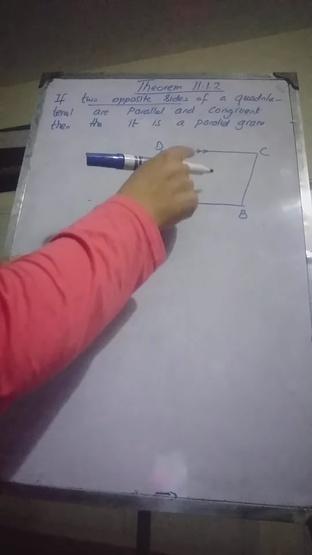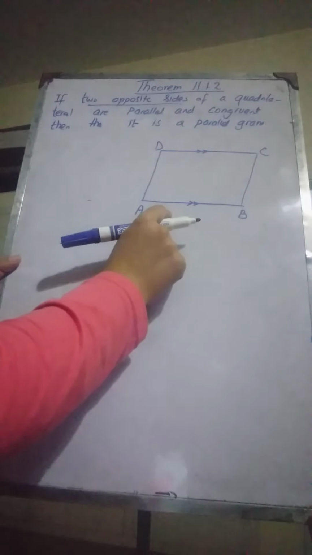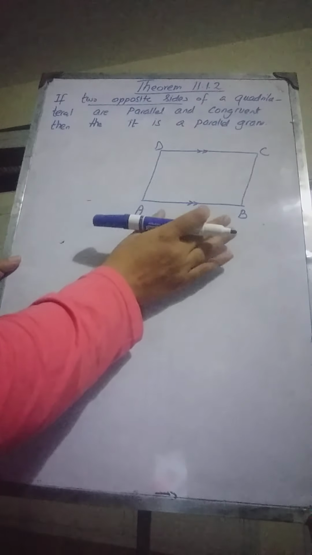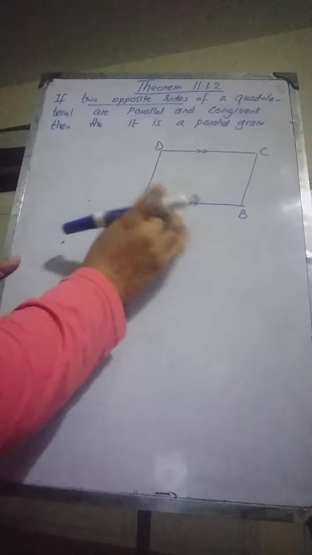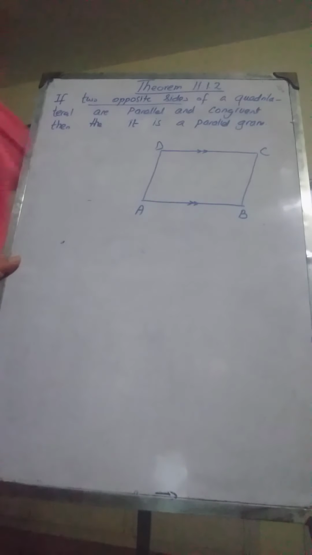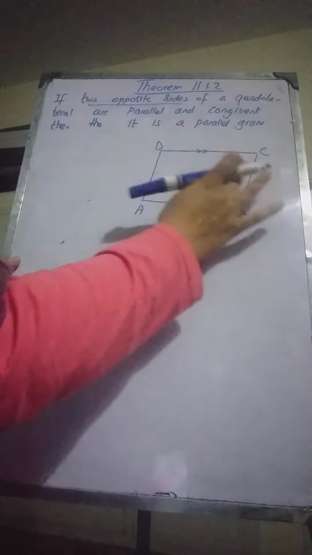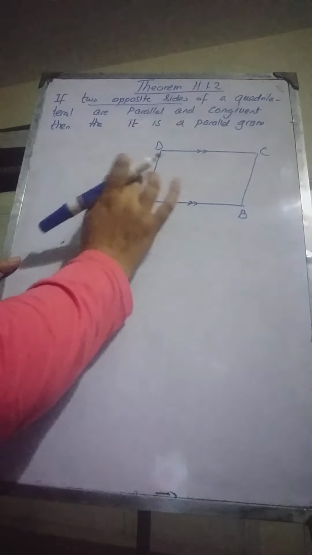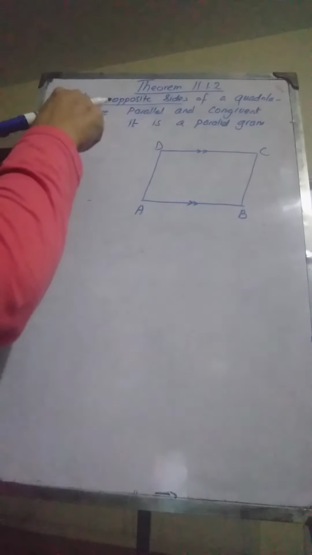So if you have a four-sided figure and you know only that two opposite sides are parallel and congruent, then it will be enough to prove it a parallelogram. To be a parallelogram, we would have to prove that the other two sides are also parallel to one another and equal. But we are given the information about these two sides only. We don't know anything about the other two sides. If it was given that these two are also parallel, then it would satisfy the definition of a parallelogram.